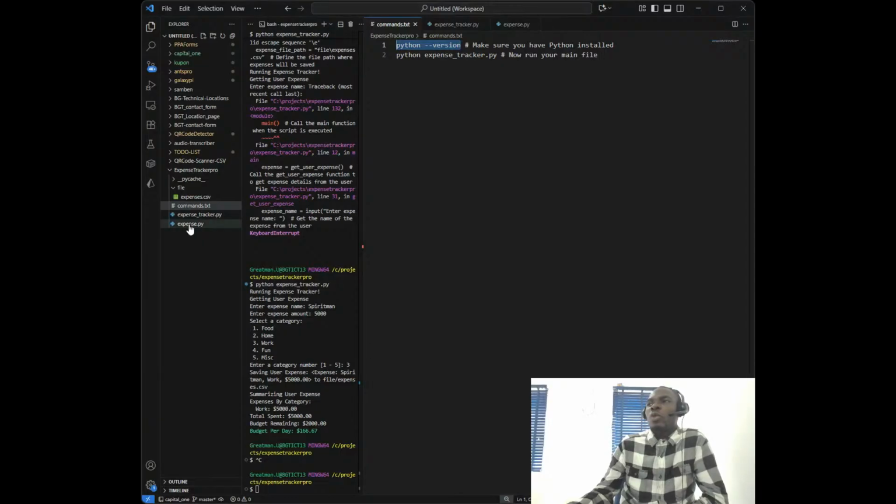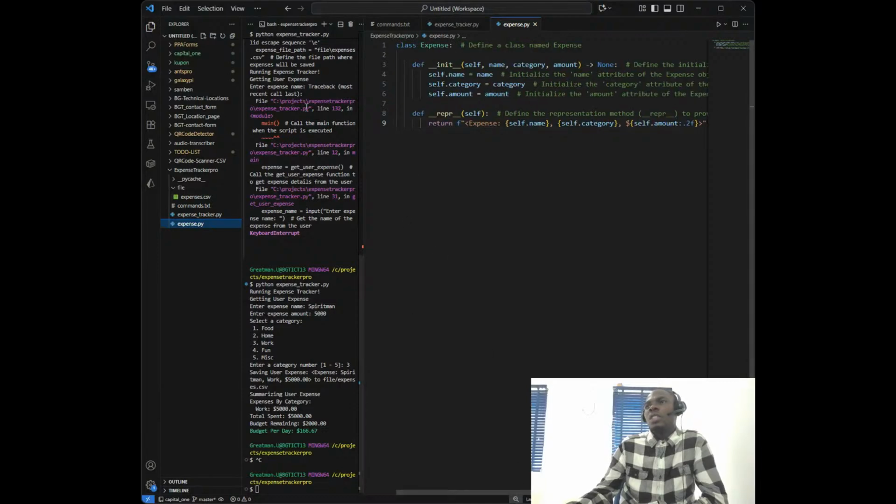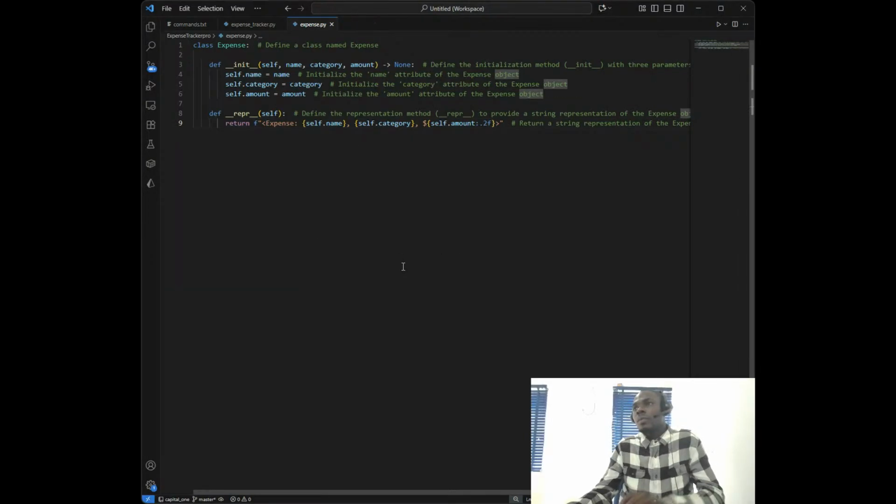While we created an expense.py for us to define our class called Expense, we gave it parameters: name, category, amount. Then we gave each of them attributes. So name for name, category for category, amount for amount. And we now define a repr method, which gives us